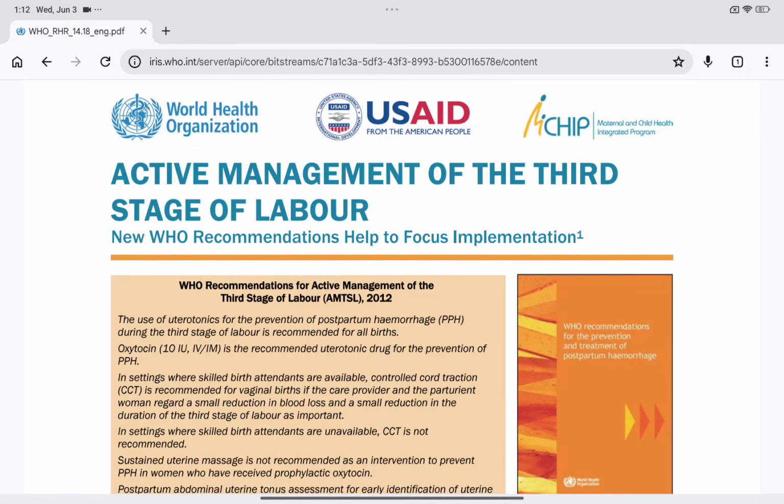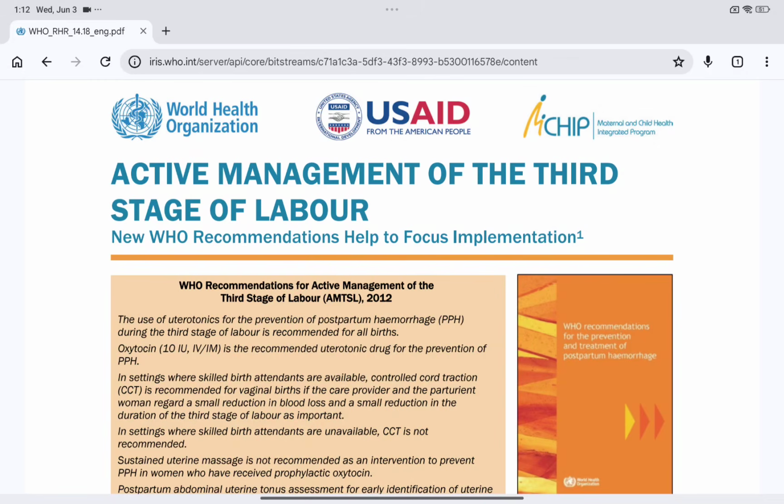Now, let's discuss one of the most important interventions in obstetrics, that is AMTSL, also known as the active management of third stage of labor. The third stage of labor begins after the delivery of the baby and ends with the delivery of the placenta. So, proper active management during this stage can reduce the risk of postpartum hemorrhage, which remains a major cause of